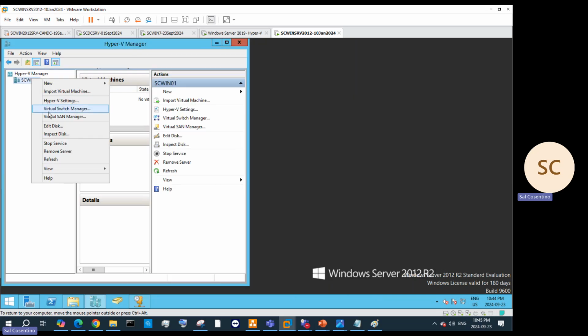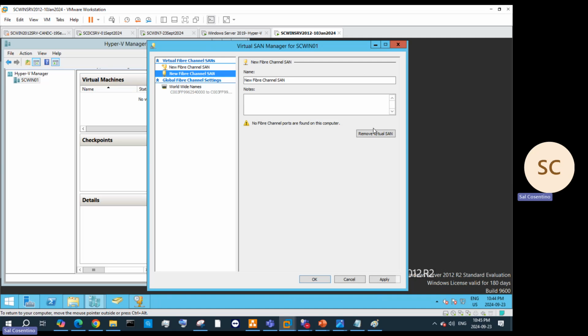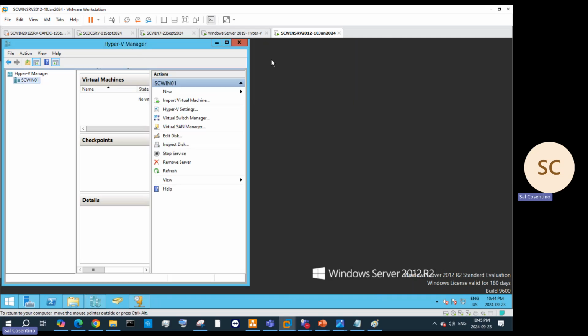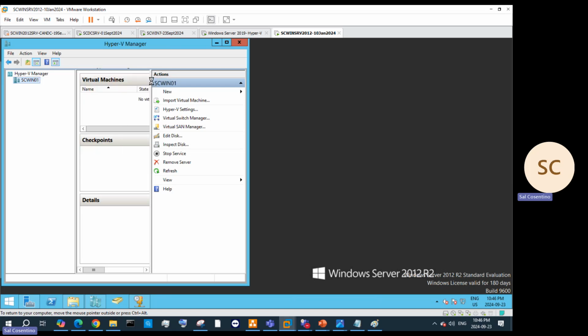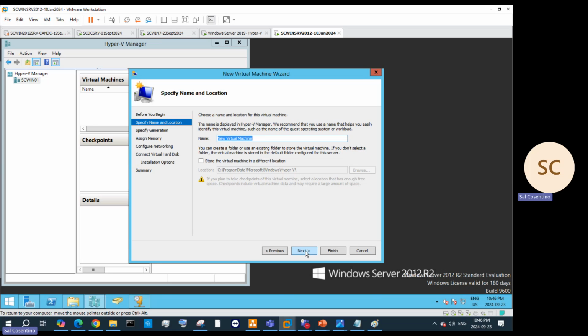And then we'll go ahead and go to virtual. No, we don't have a SAN, so we don't need to do that. We'll pretend that we have one. Yeah, let's go to new. Let's go to new virtual machine. This is the wizard. Next, let's create